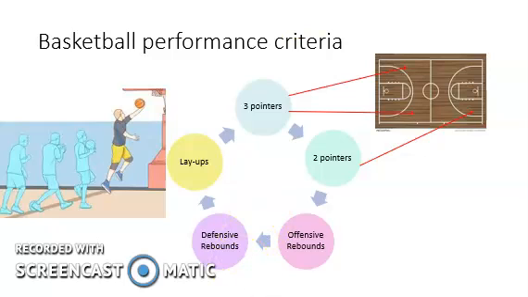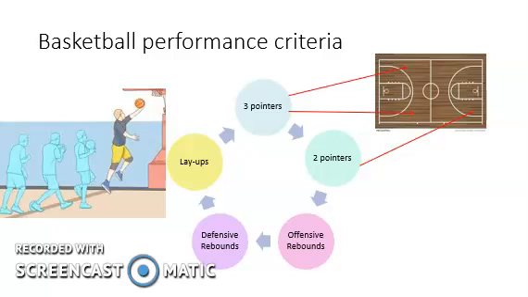So next is the 2-pointer, much the same as the 3-pointer, except this time the shots are made within the 2-pointer line, so within the D shape. This is a useful shot as it's played much closer to the hoop, therefore reducing the risk of the shot missing. This again is relevant to the small forward position, as they have the task of shooting, and therefore if they shoot close to the hoop, then it reduces the chances of missing and will help their team to gain more points. The small forwards also have to be strong, due to them going up against opponents to win possession